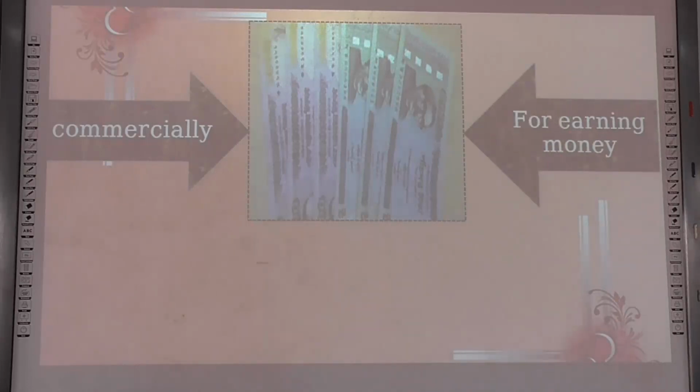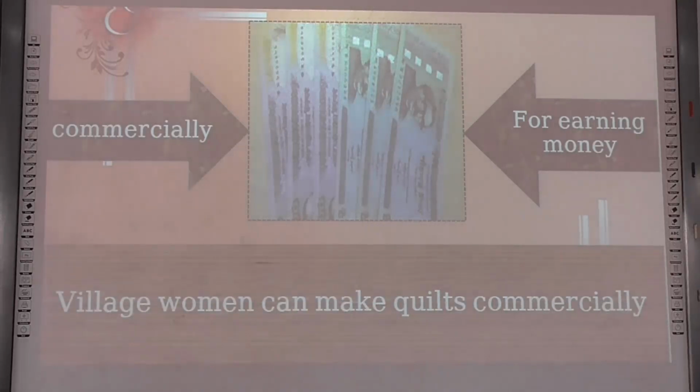Commercially, that means for earning money. When we do something for earning money, it can be said that we are doing it commercially. So, let's see the use of this word in a sentence. Village women can make quilts commercially. গ্রামের যে গ্রামীণ নারীরা আছেন তারা চাইলেই নকশি কাঁথাকে বাণিজ্যিক উদ্দেশ্যে তৈরি করতে পারে।